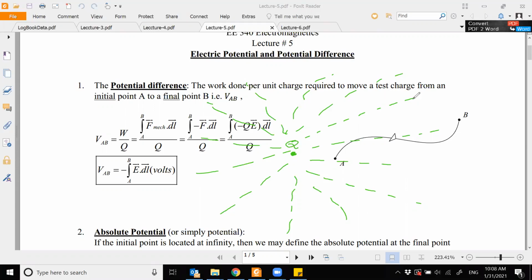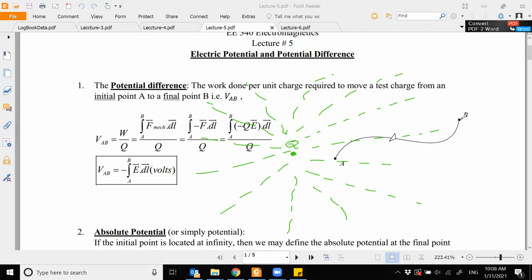So this charge Q has created a disturbance here. And now when you want to move a test charge within this disturbance from A to B, then the force will be almost equal to the opposite of that disturbance to move. So if it is positive, the force will be pushing on this side. And then if you want to move this charge, you have to apply the force on this side, and slowly you have to move along this path